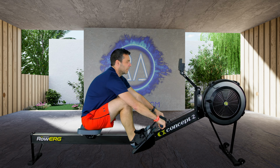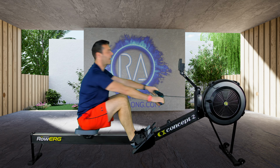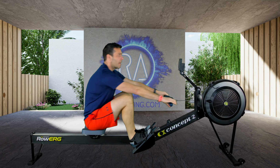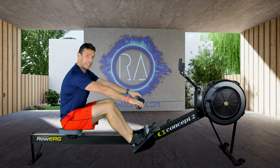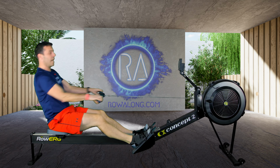Let's do this properly. By pointing my toes to the front of the machine as I come to the back of the stroke, it's stopping that feeling of my toes pulling against the straps. And then by getting the handle away, past my knees, and then that forwards rock over my hips of my upper body, that momentum, once the handle goes past my knees, is all that I need to take me forwards. I don't have to pull at all on the straps. And if you don't believe me,